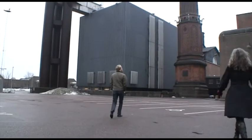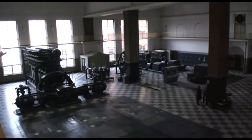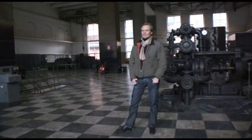The brewery has been here for more than 150 years, and the plan is to use the old buildings for new life, like here in Carlsberg's old power station. This building is maybe one of the grandest examples of the inheritance which is going to be filled with new life at Carlsberg. I myself could imagine that this could be a fantastic bath, a public bath,